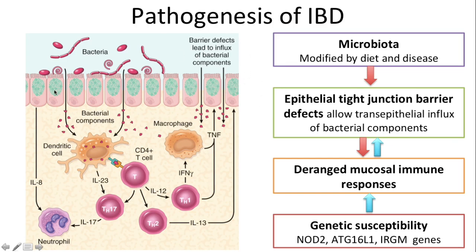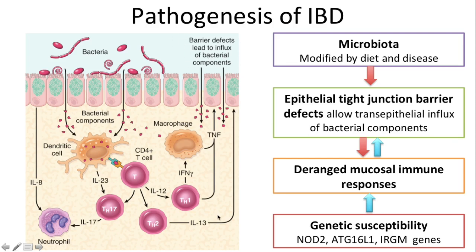In the normal situation, you can see that there is hardly any gap or pathway between the epithelial cells, but in the pathogenesis of IBD, there is a tight junction barrier defect, which allows small channels and pathways leading to transepithelial influx of bacterial components from the gut lumen,